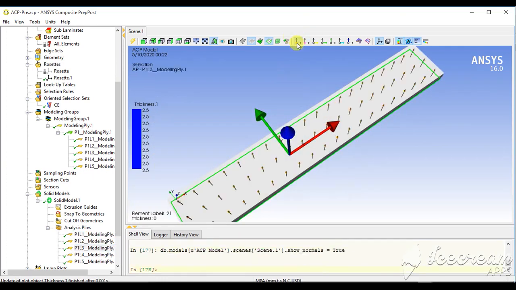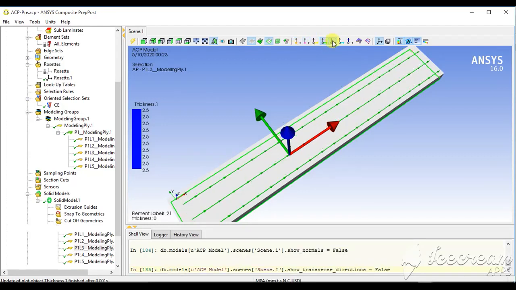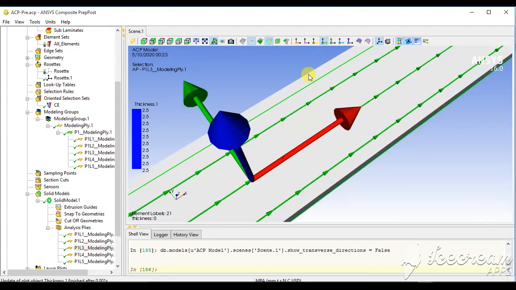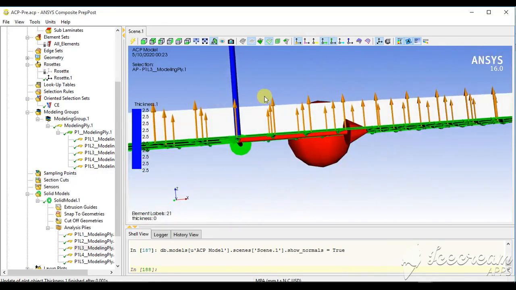You can see the fiber orientations here. This is the fiber orientation, and this is the transverse direction. This one is the normal direction.